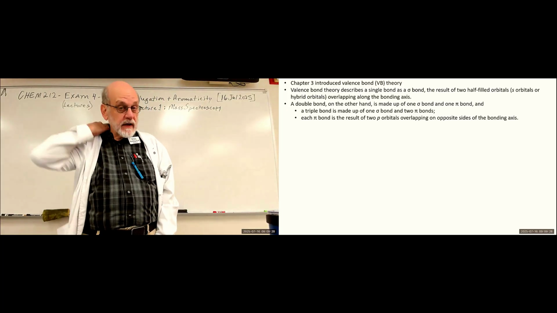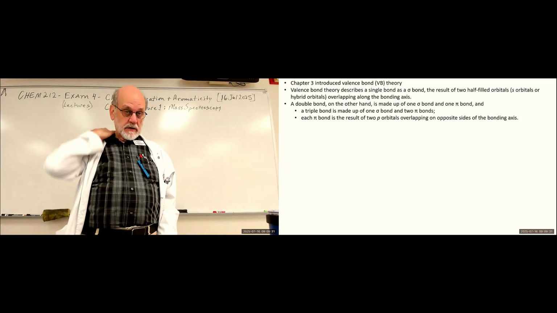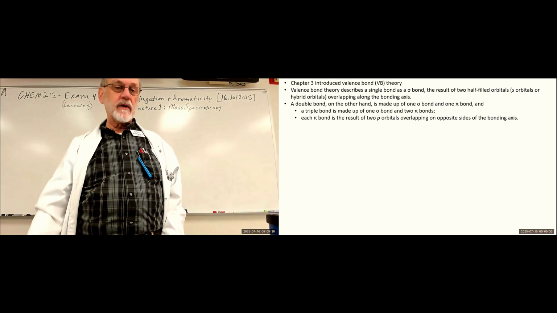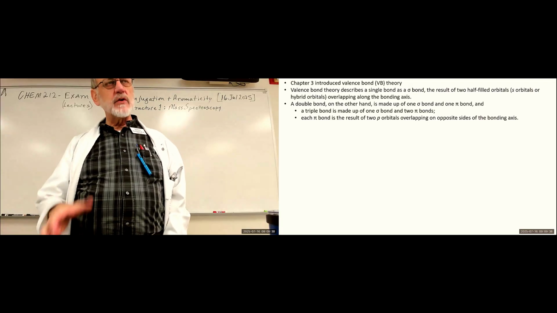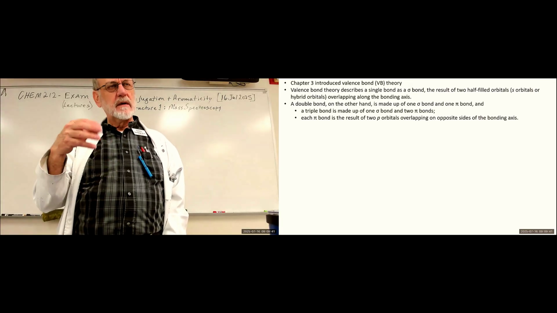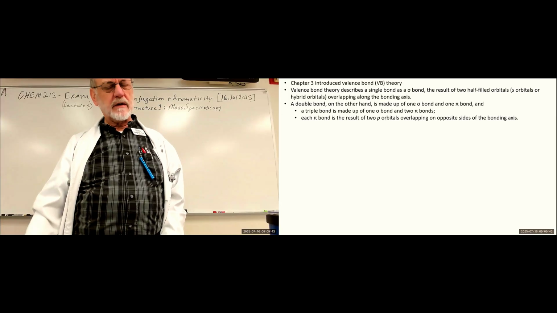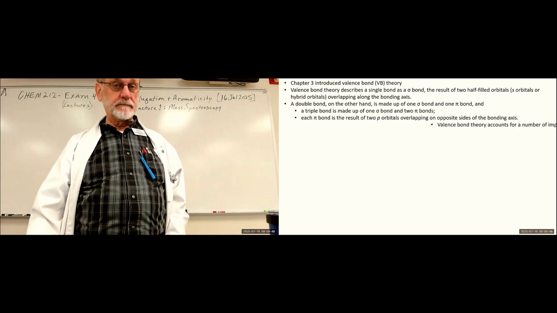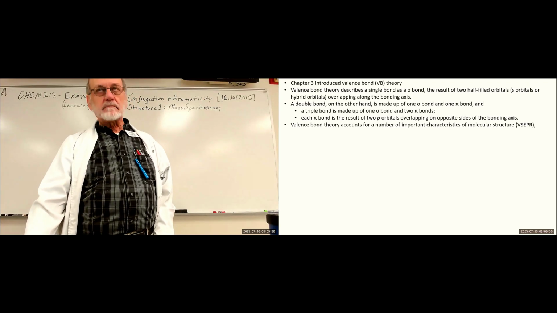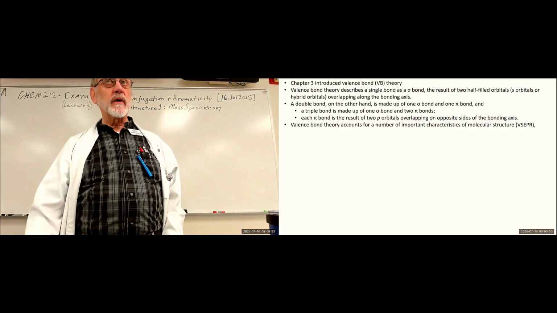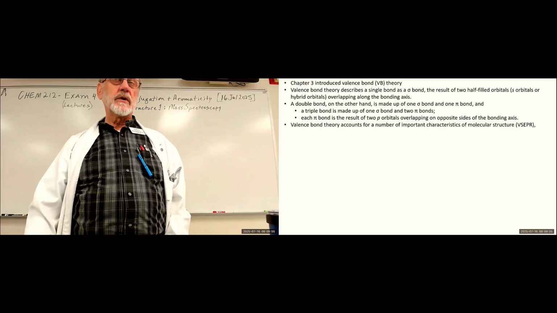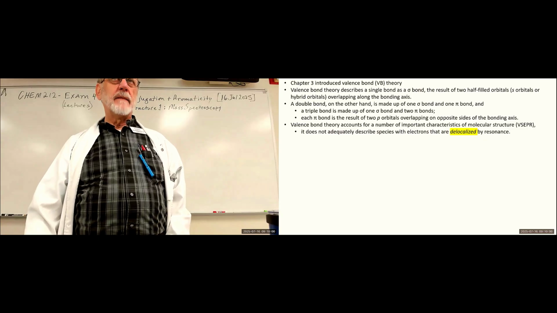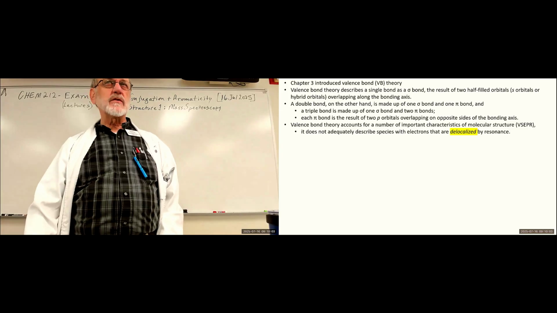Now we're still in the valence bond theory here. So we're only considering how these bonds are formed, and that is overlapping of p orbitals. And these are useful concepts when we start to talk about conjugated bonds and aromatic structures. We can account for a number of important characteristics of molecular structure, particularly using the VSEPR model. But it doesn't always adequately describe